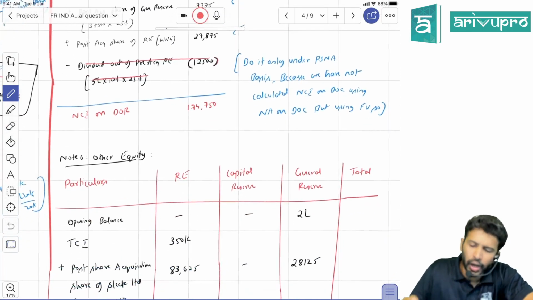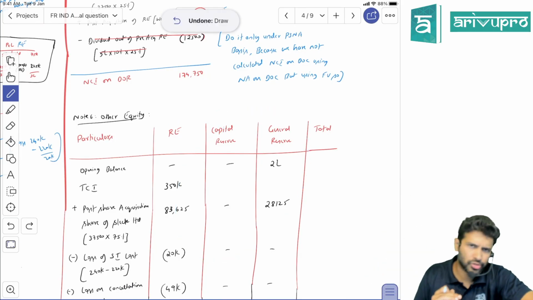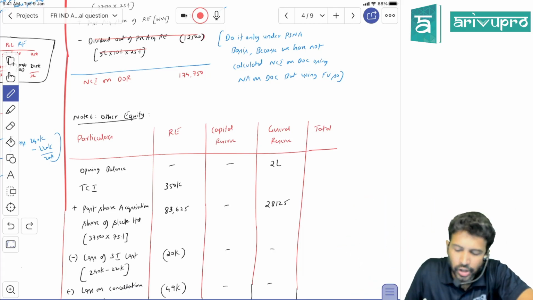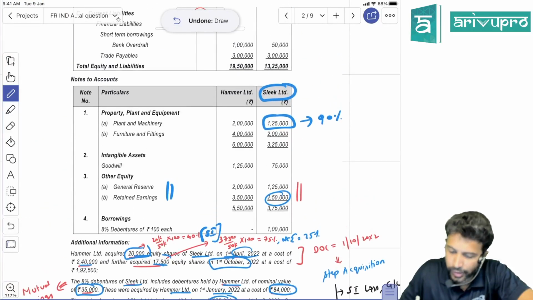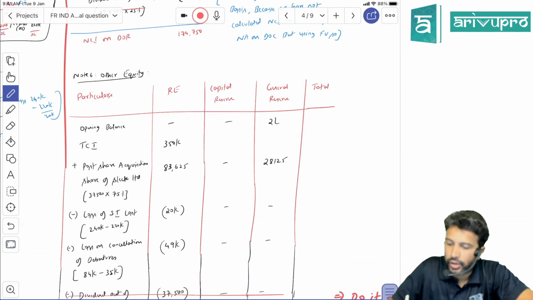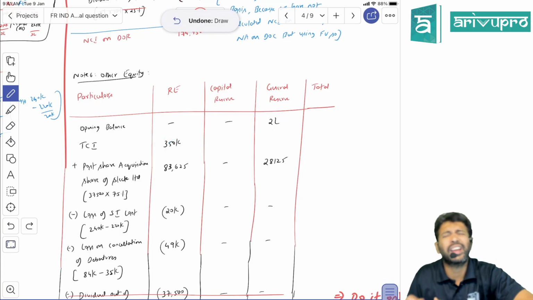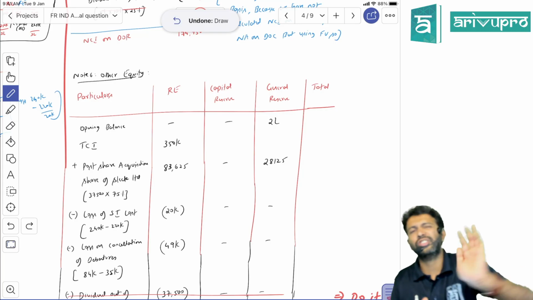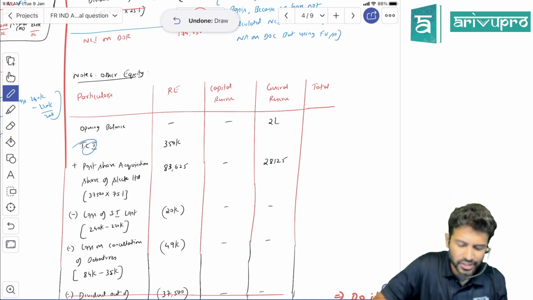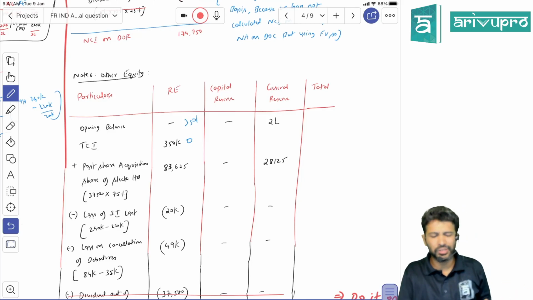Okay, sir. Lastly, other equity. The working notes are prepared in this format. The way you present it, this is the way you should prepare the notes. If you want, you can change the format and put it in just two columns also, your choice. So opening balance of retained earnings of the parent is 3,50,000. General reserve is 2 lakh, which I have taken here. Opening balance of general reserve, I've taken as 2 lakh. For the parent, I've taken 3,50,000 not as opening balance but as the profit made by the parent in the current year, instead of total comprehensive income, TCI. You can make this 0 and this 3,50,000 also, your choice. I've just made this assumption here.